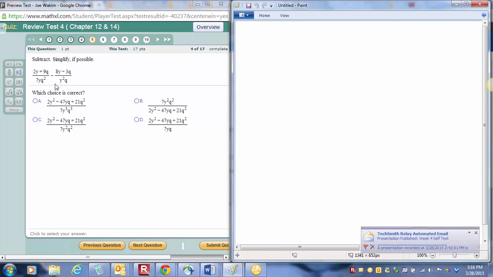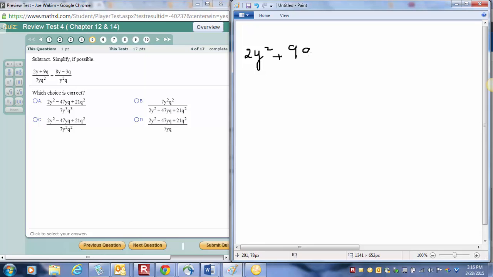If I multiply here by 7q, I will get 7y squared q squared. So the first one, all we have to do, multiply the first one by y, and that would make the top 2y squared. Multiply this one by y would be 9qy over, multiply this by y, 7y squared q squared,